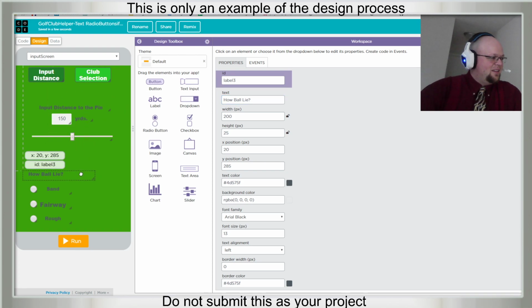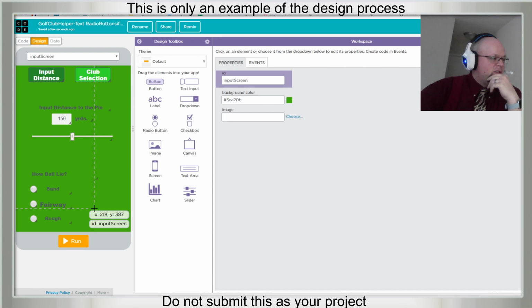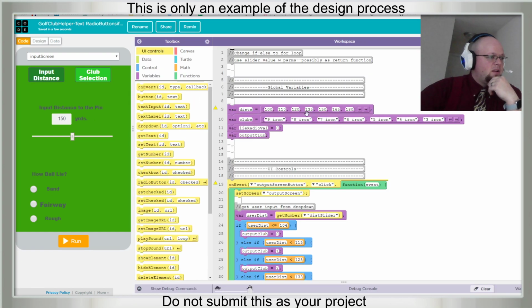And we have room for some other input like wind. We could do that toward the end, and it would probably still work the same way. We have sand, selecting one club shorter, whichever one comes up, and rough making it one club longer.